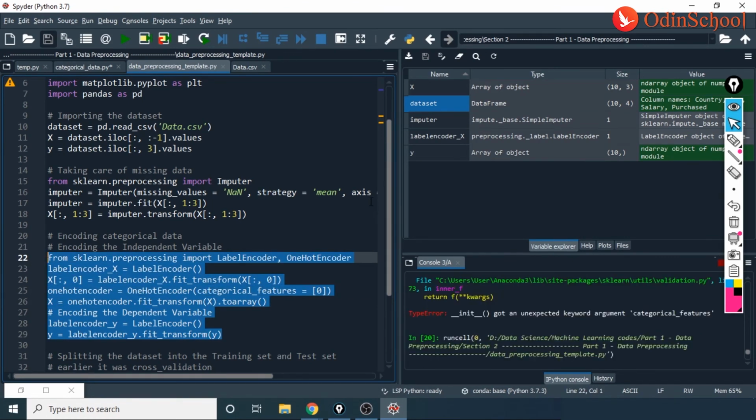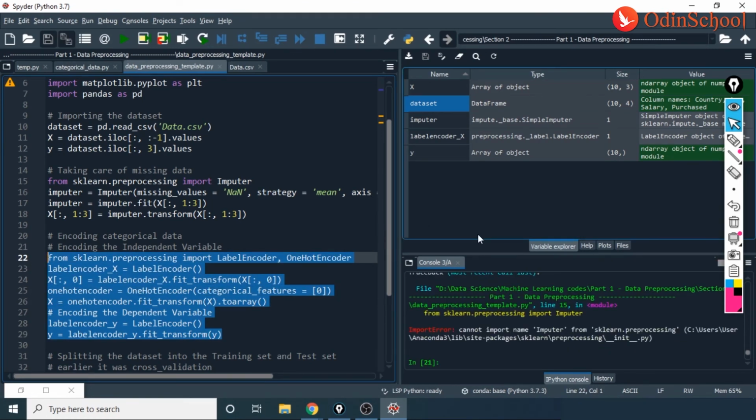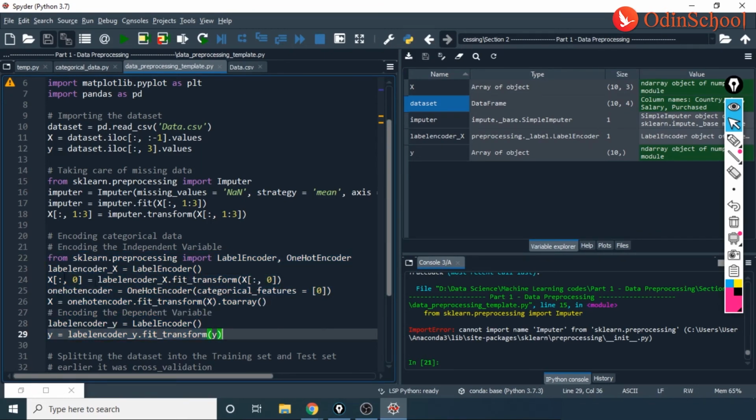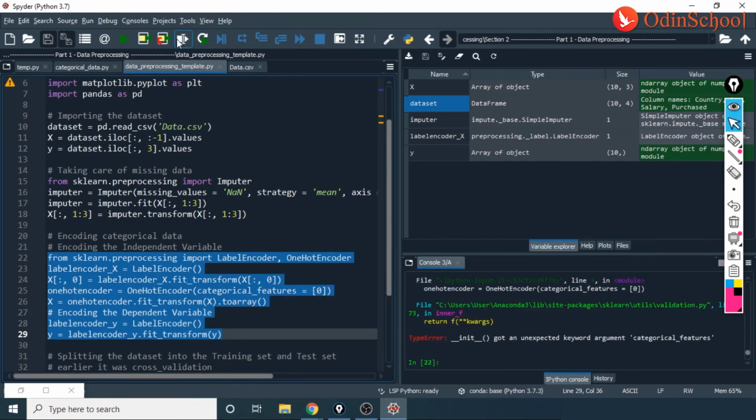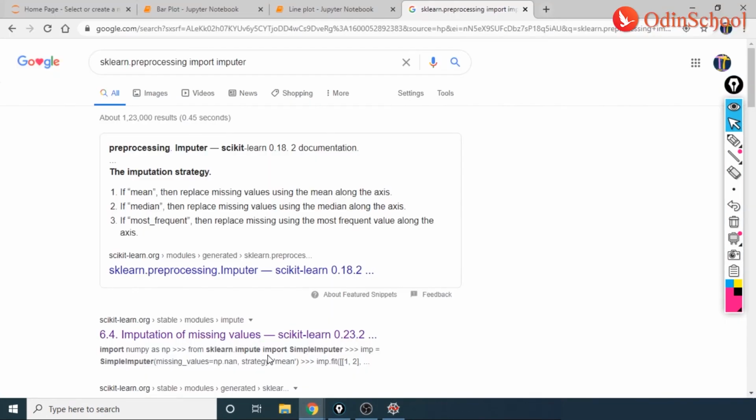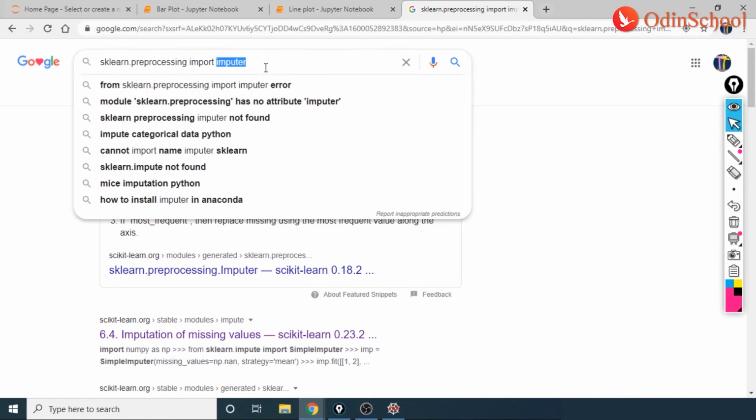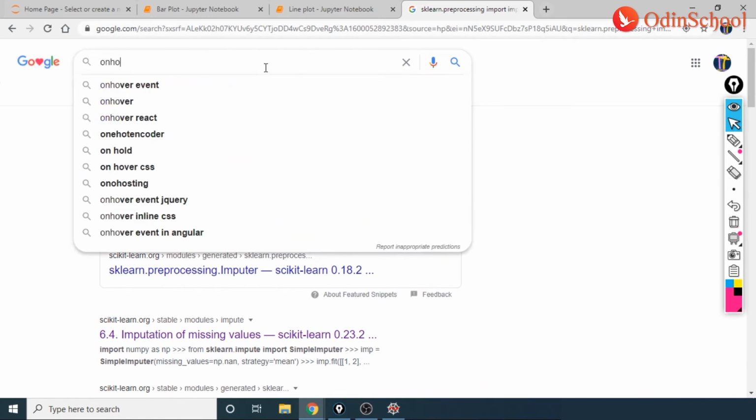Let us just cross check once again just to see. Okay, let me just run this chunk of code from here to here. It's unable to detect categorical features. Okay, so let us just go back into one hot encoder. So guys, this is how you actually check errors each and every time.